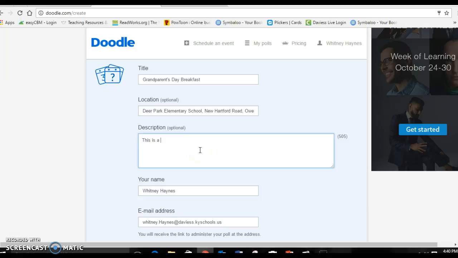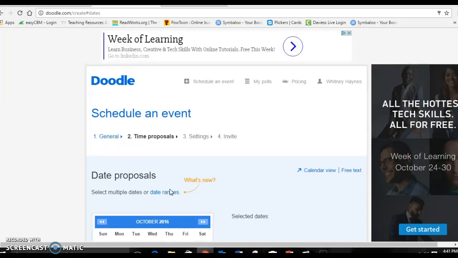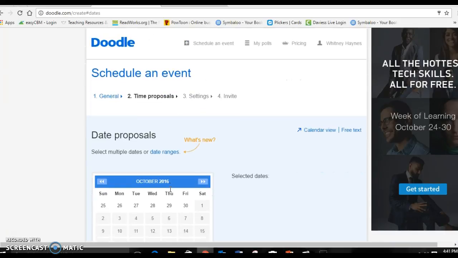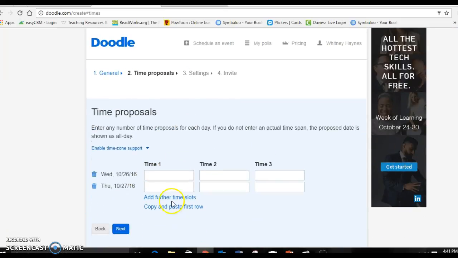This is a Grandparents' Day breakfast. You don't have to, it's optional. And then your name and your email address is already going to be on there. When people participate in your poll, you will get an email notification. From this point, you just type in the dates that you want to use, click next, and at this time